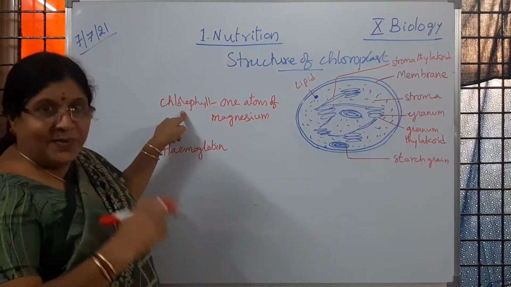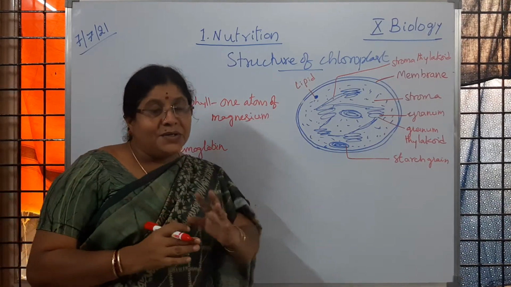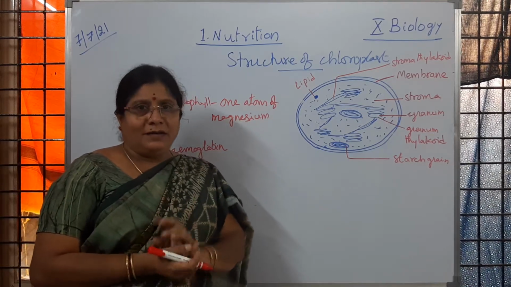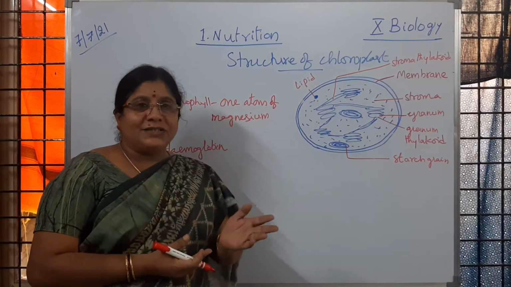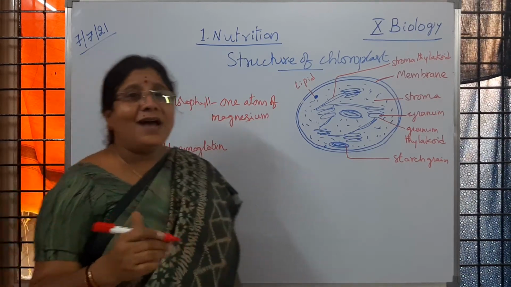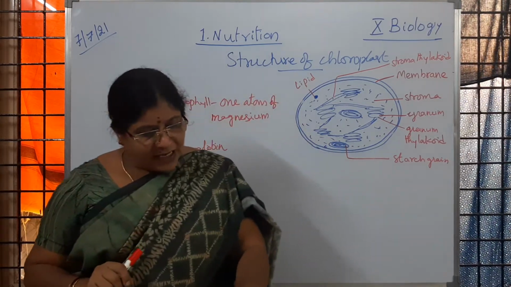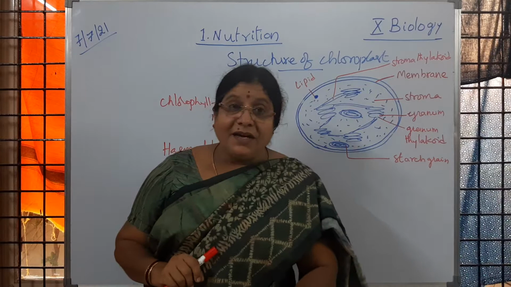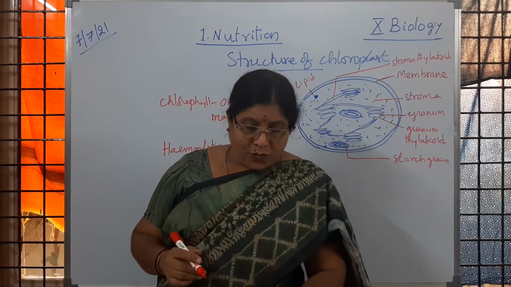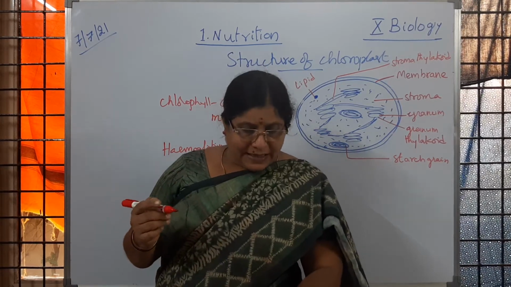Chlorophyll is a pigment and hemoglobin is a pigment. So why are we learning this here? We are going to compare the structure of chlorophyll with hemoglobin, because they have a similar structure. Chlorophyll is a pigment which contains one atom of magnesium, and it is similar to the structure of the heme of hemoglobin. Heme means iron; one atom of iron is present. Is it clear to children?